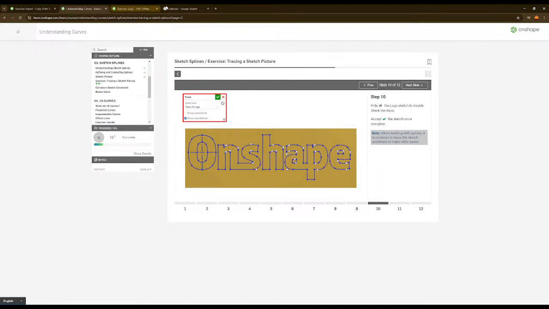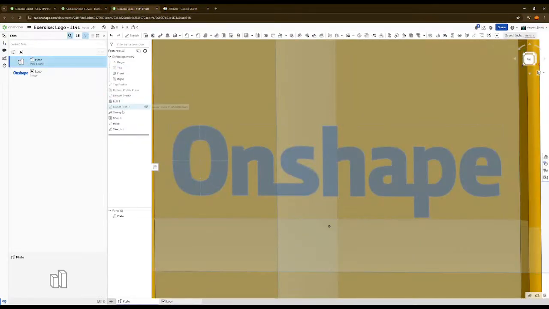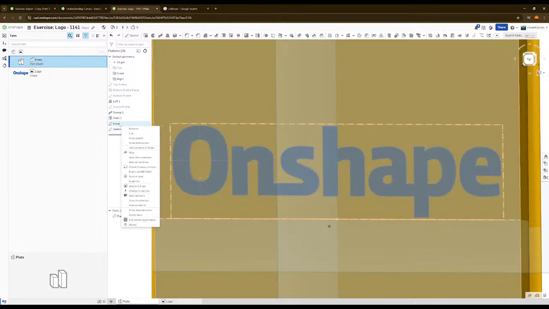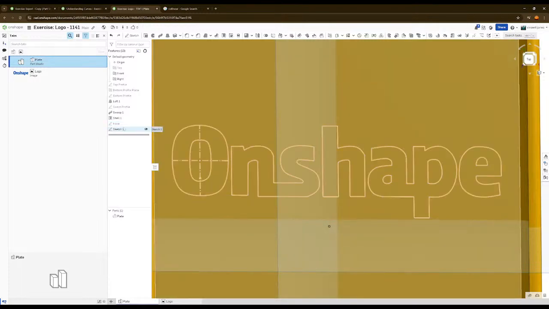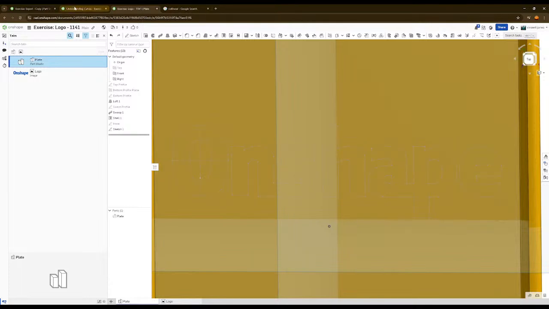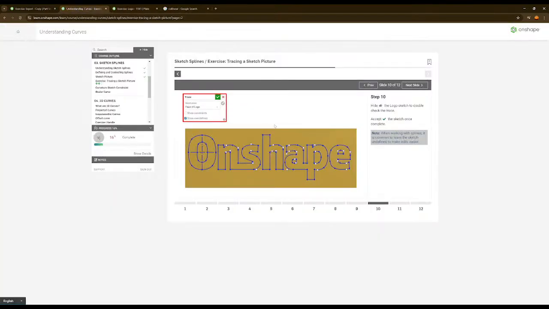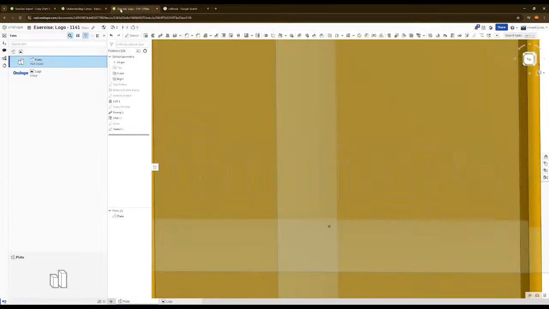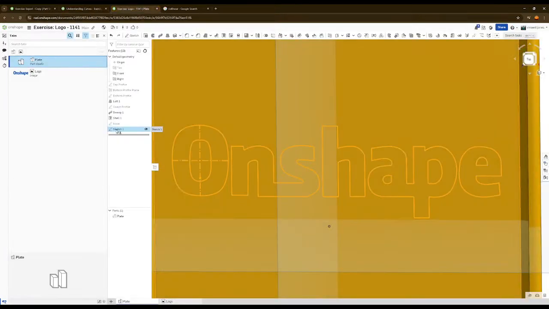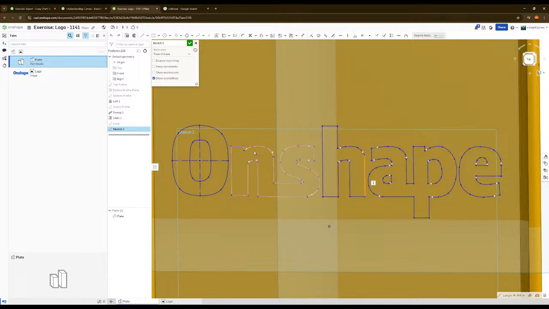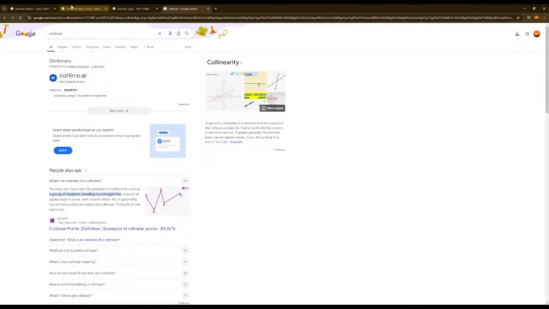Change the trace. Bye bye. Let me fix this. Oh, it's horizontal. Still looks like garbage. Alright. What's next? Not this.